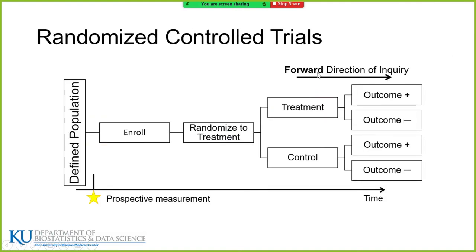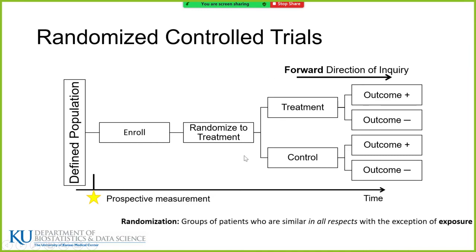Forward directional, prospective, measurement, randomization, and those are the defining features of a randomized controlled trial. Each of those tools that we use increases the confidence that we have in the findings from a randomized controlled trial. Randomization ensures that the groups of participants that we're comparing, the treated versus the control, are similar in all